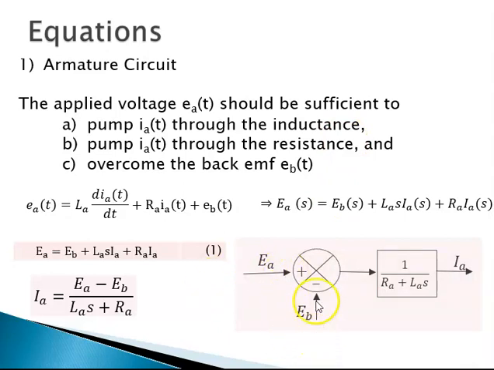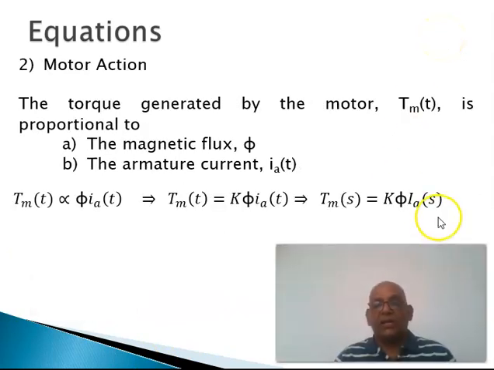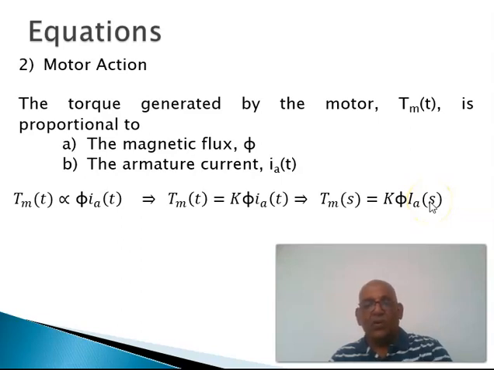Plus EA minus EB divided by this is equal to IA. We know that the torque generated by the motor is proportional to the magnetic flux and armature current. So we can write the torque generated by the motor in the Laplace domain as K phi IA of S. Further, we know that the field generated is proportional to the